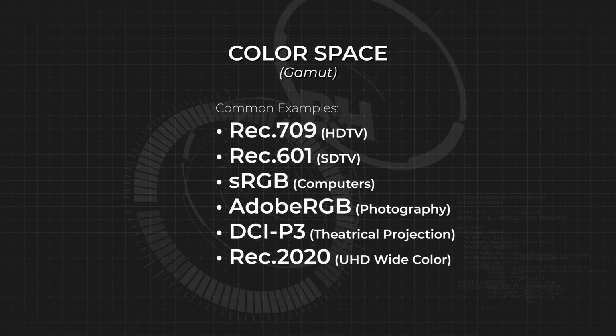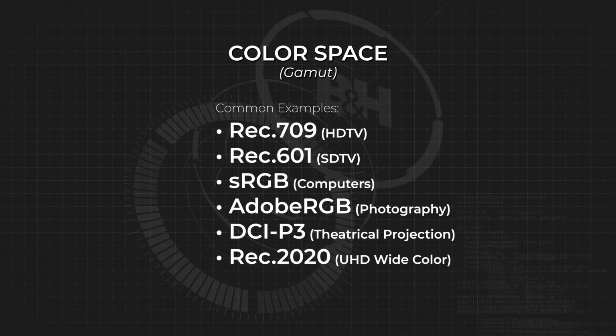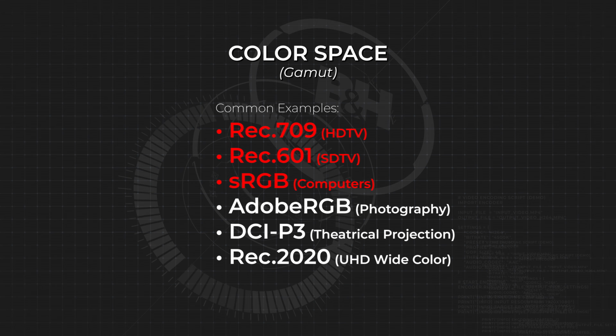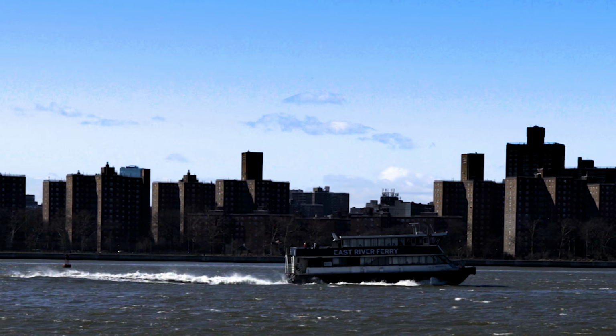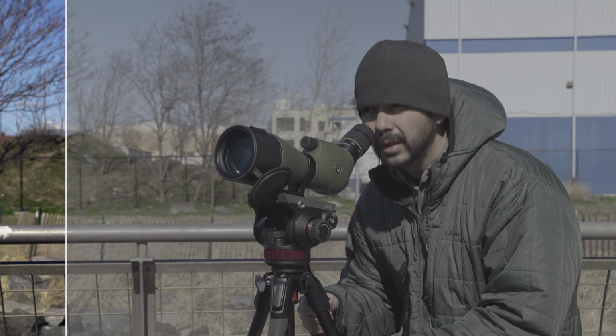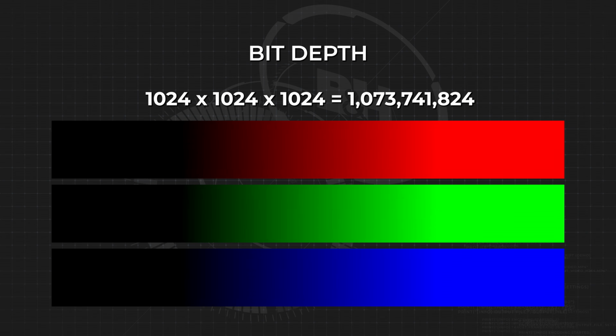Most video you see every day is either Rec. 709 for TV displays or sRGB for phones and computers. 8-bit video is just enough to smoothly render these color spaces, but you can still sometimes see things like banding in your image if you shoot your footage in 8-bit, which is brought out even more if you try to grade that footage. 10-bit color means you have 1,024 shades of color for a total of